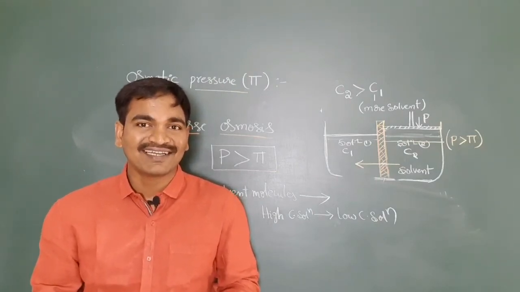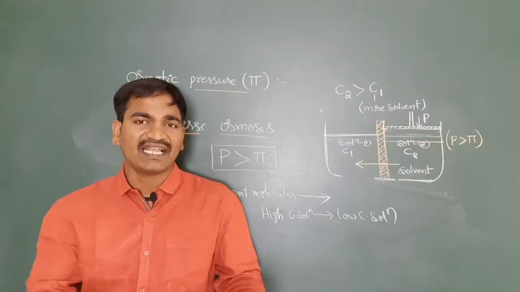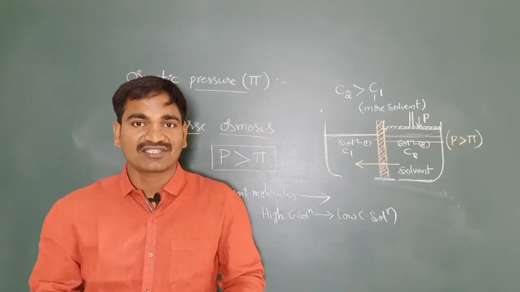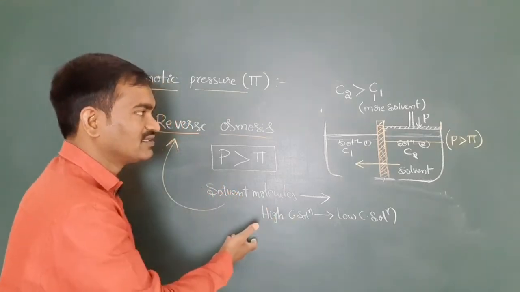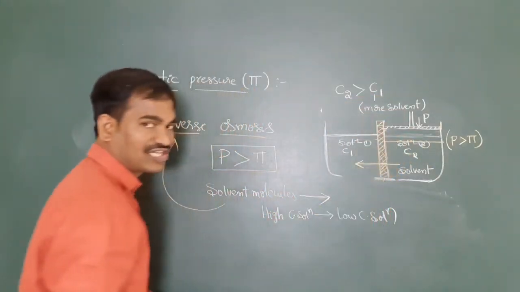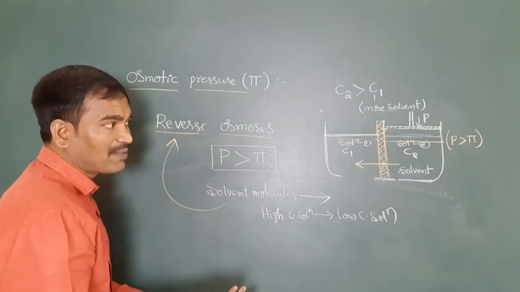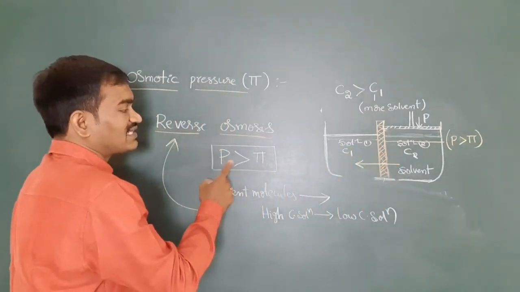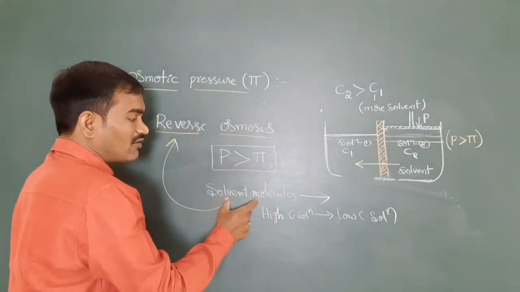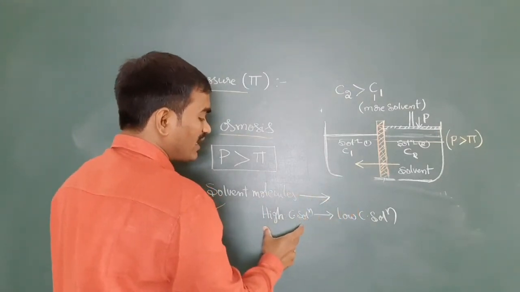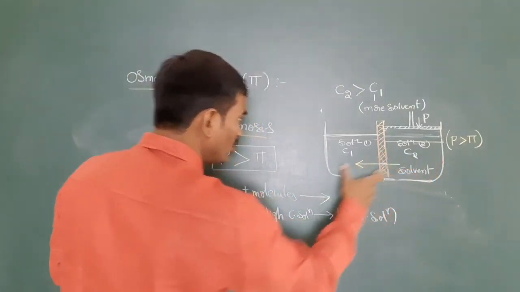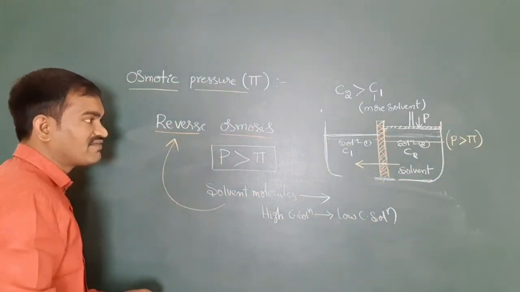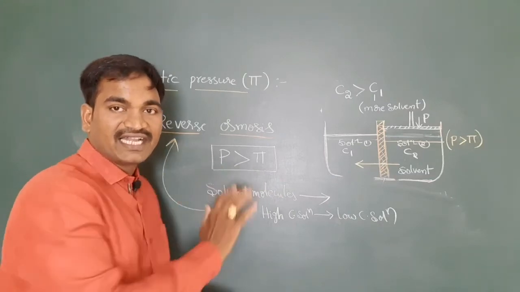In water filters, if you want to buy any water filter and ask them, they will say reverse osmosis. They apply high pressure on the highly concentrated solution. Then what will happen? If the pressure applied on the highly concentrated solution is greater than the osmotic pressure, the solvent particles move from where to where? From the high concentrated solution to the low concentrated solution. So this process we call reverse osmosis. Have you got it? Any doubt in this?